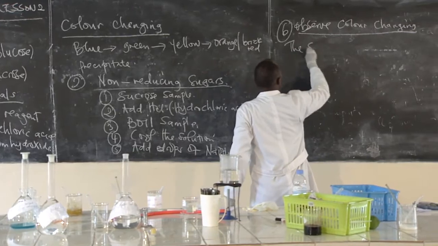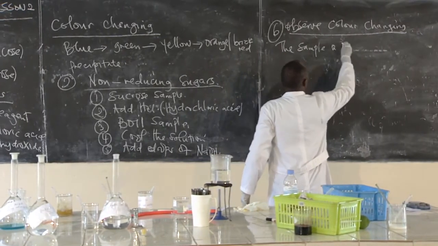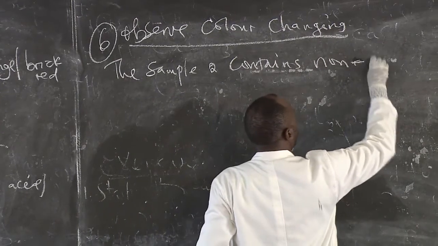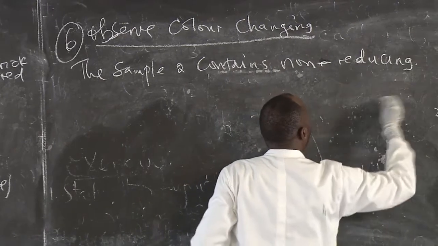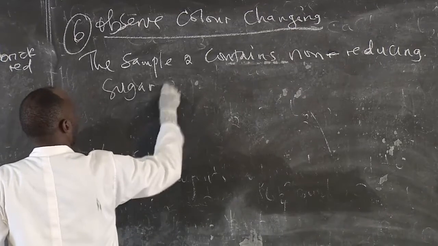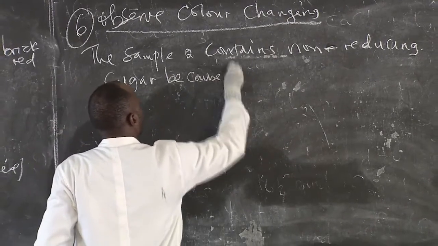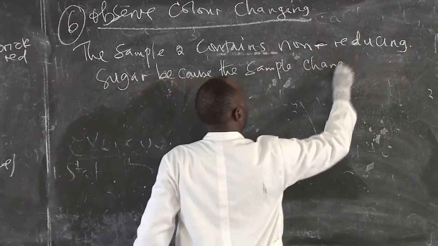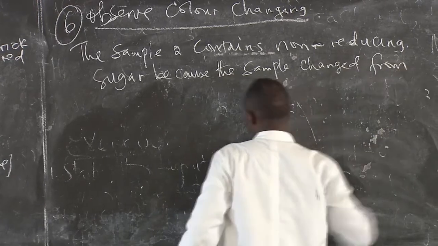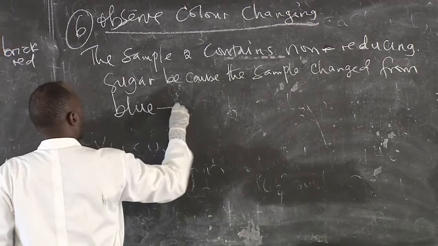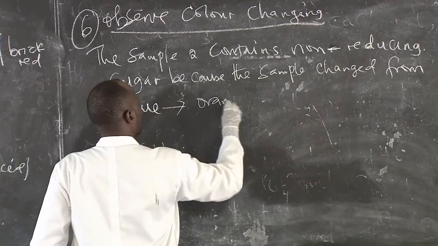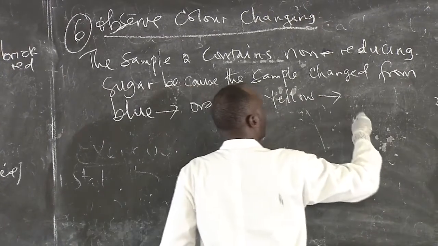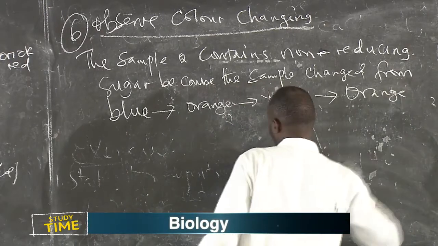We can say sample 2 contains non-reducing sugar, because the solution, the sample, changed from blue to yellow, then finally to orange, which indicates